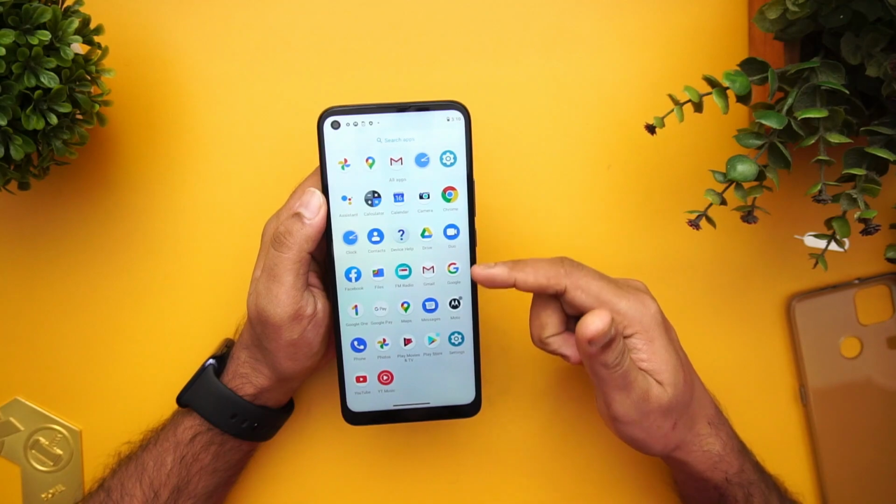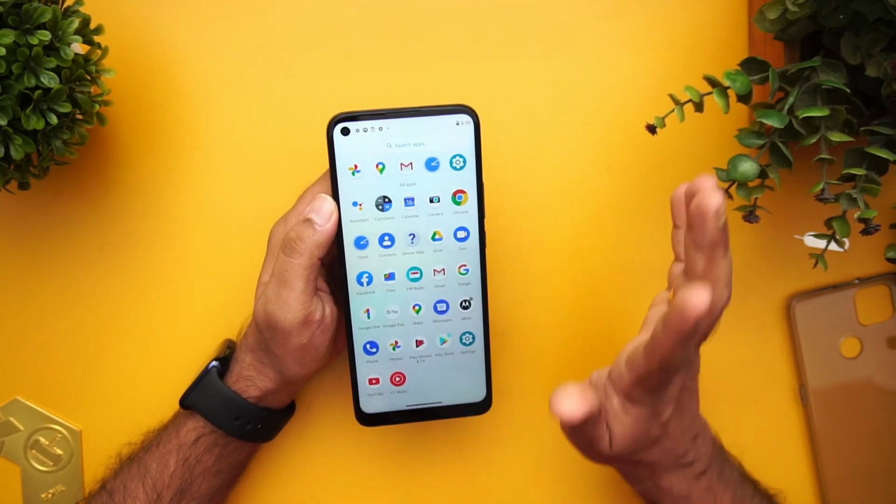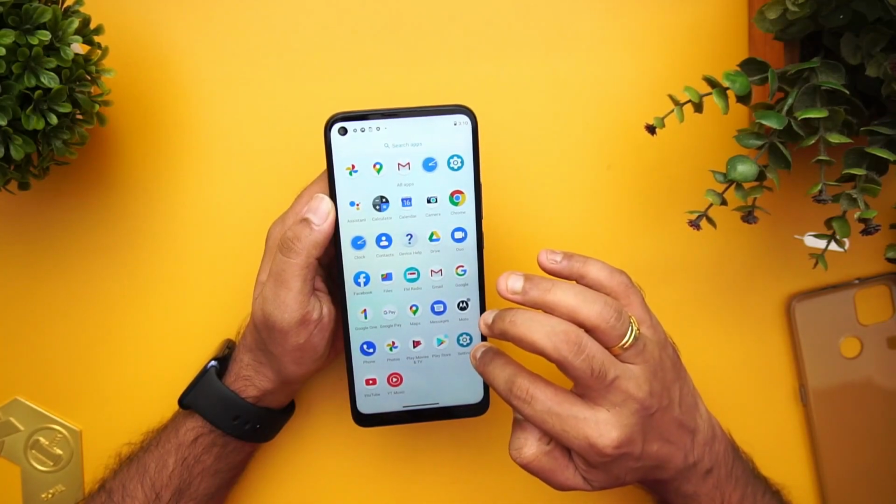So let's get started. This device is the latest offering in the budget segment. Now if you look at Moto devices, one of the important aspects is the software. Here also you get a very clean and stock-like UI. One of the really good aspects about this device is that Motorola is promising updates for it. This device comes with Android 10 out of the box, and you also get Moto's additional